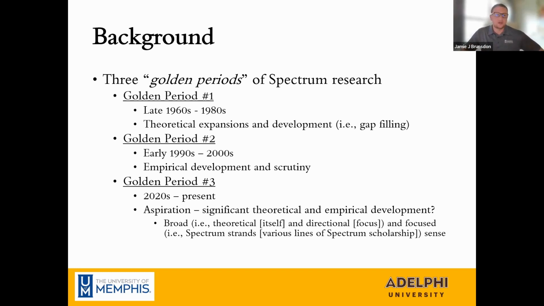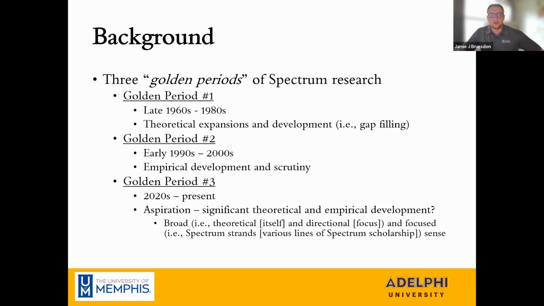The second golden period occurred from the 1990s to the late 2000s, and it was in this period where we get the impression that the spectrum was receiving significant empirical development, but also scrutiny from various areas and angles, and was predominantly driven by various disciples in some way of Mosston and Ashworth. We're talking about Goldberger here, and obviously very thankful to share a space with other people on this Zoom, Nikos, Curtis, Smith, Mark, pioneers of the spectrum.